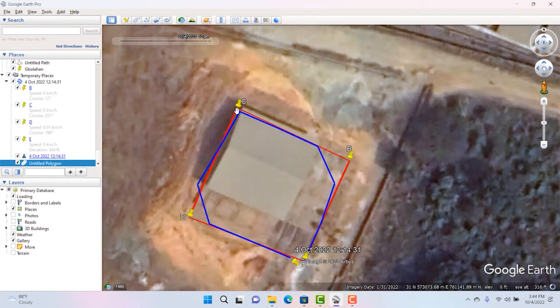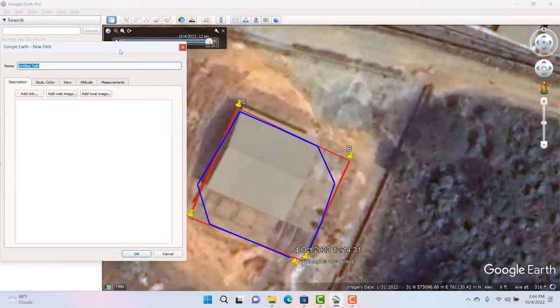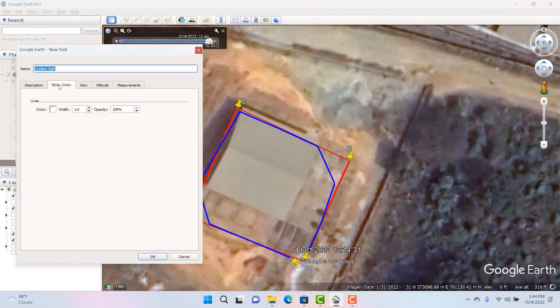We have placemarks A, B, C, D. Then I will be measuring from there. From there, I will be measuring the length and the breadth. Then what I will do now is click on my hard part. As I click on my hard part, I might wish to change the properties